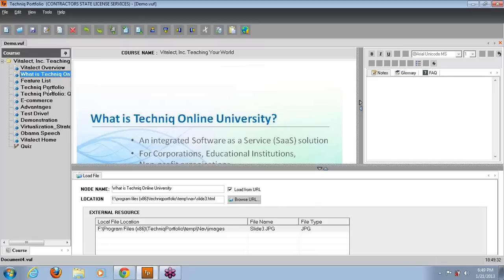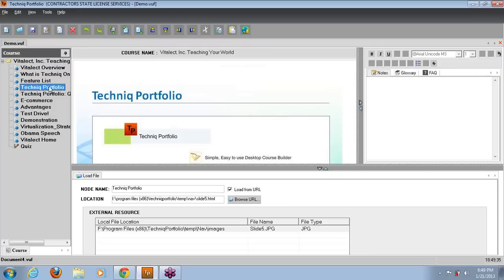And if you have PowerPoint slides, videos, PDF documents, quizzes, you can easily put all of them together into a nice simple course and save that on your desktop. And once you save it, then you create a course in the Techniq online platform and simply upload the course over there. And at some point in the future, if you want to update the course, then all you need to do is to update the course on your desktop and then re-upload the course, and anyone who registers for the course will see the latest version of the course. And there are settings that you can do from within the Techniq online platform, where you can decide whether you want to issue a certificate of